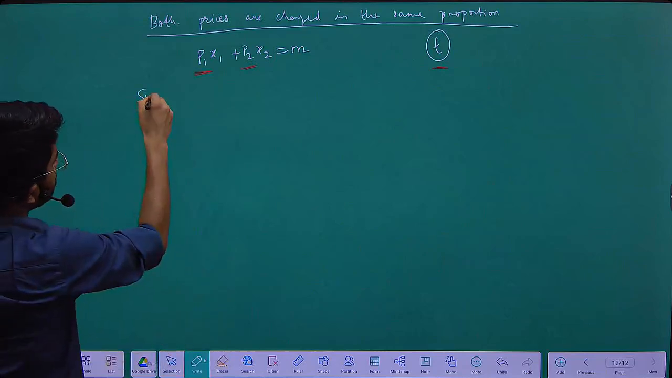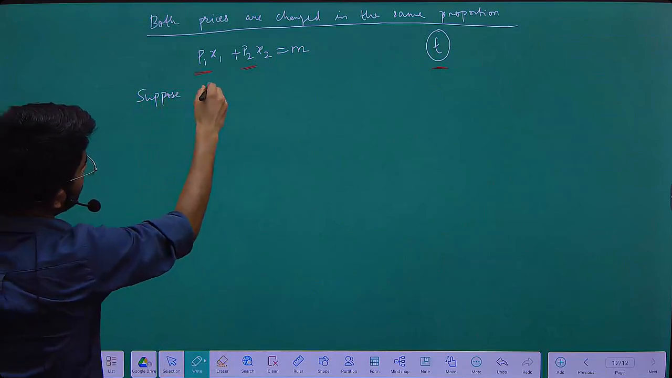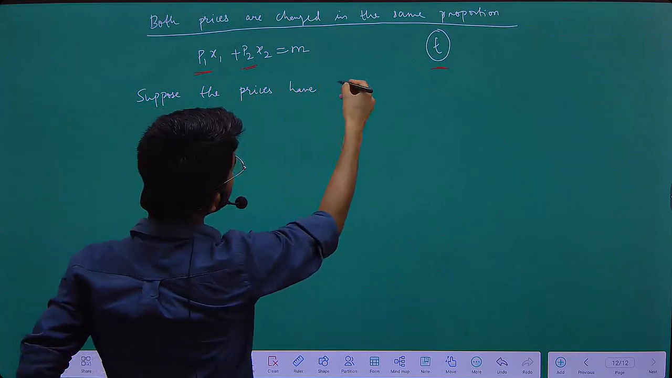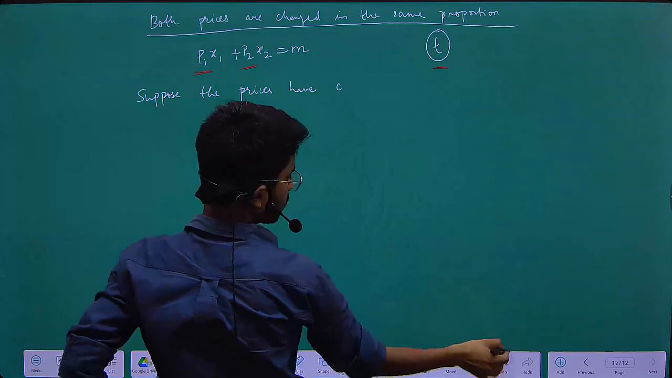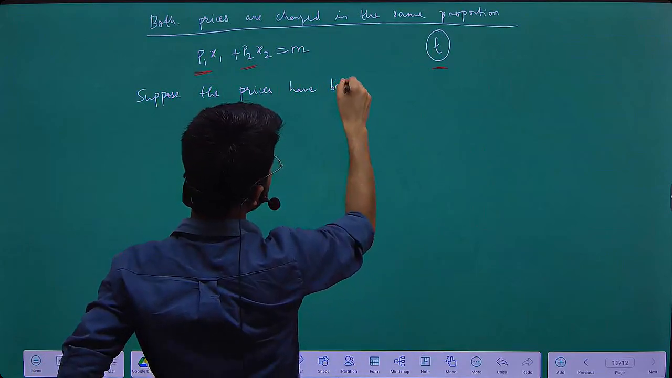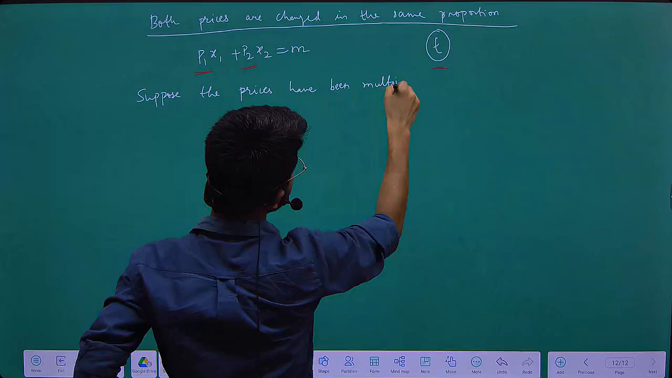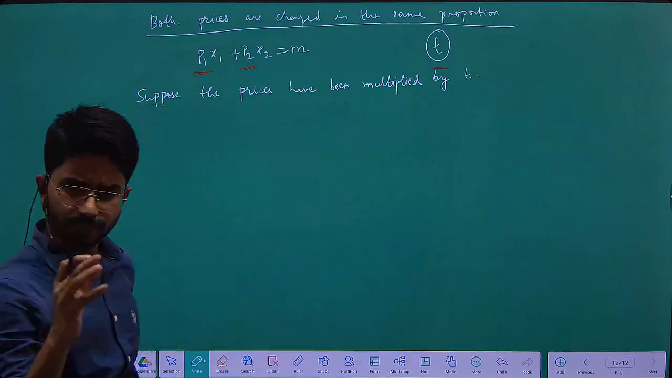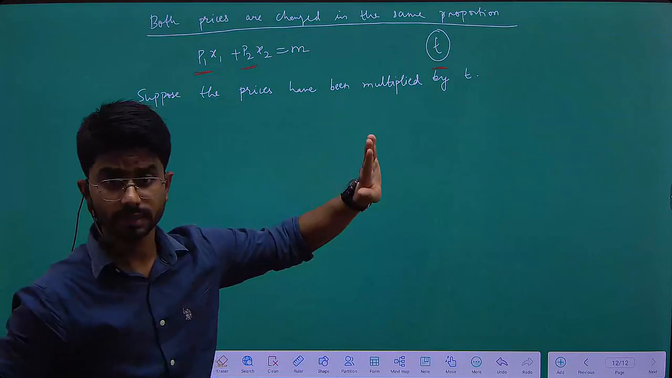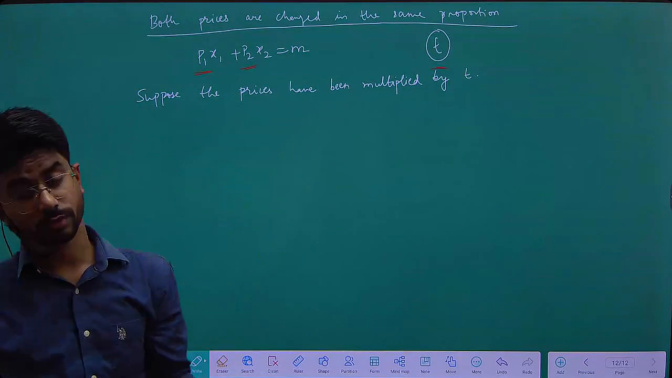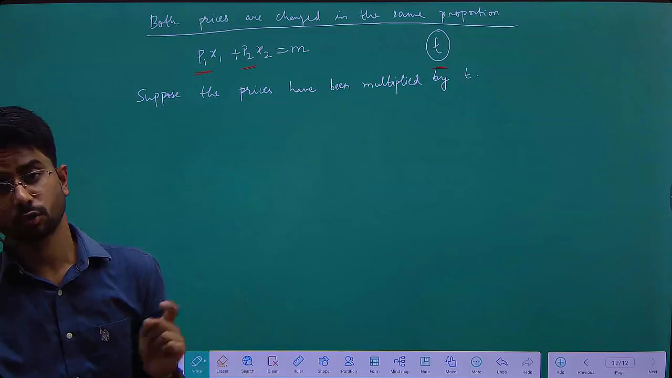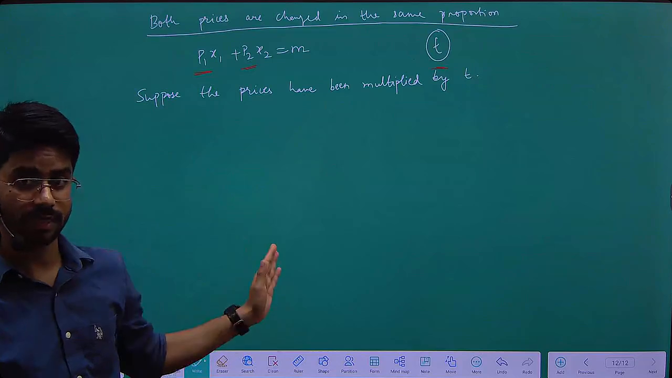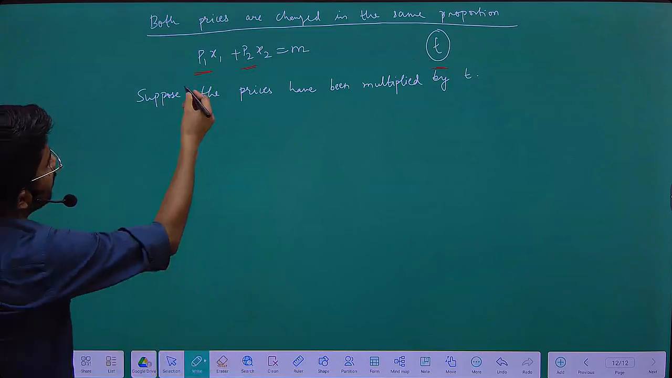So suppose the prices have been multiplied by T. Okay. मैं सिंपल वर्ड्स में लिख रहा ताकि आपको ये पता हो कि कैसे क्या करना। अगर प्राइस डबल हो गया तो क्या मतलब हुआ, डबल हो गया मतलब 2 से मल्टीप्लाई हुआ। हाफ हो गया मतलब हाफ से आप क्या करोगे, मल्टीप्लाई करोगे या 2 से डिवाइड करोगे। ठीक है।